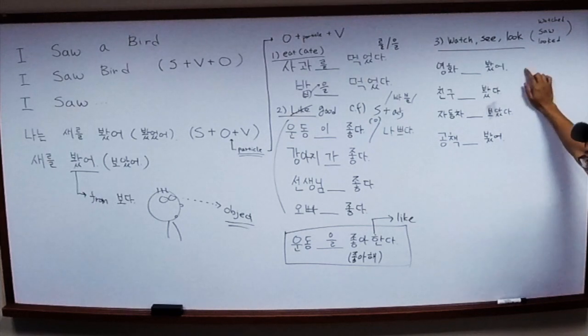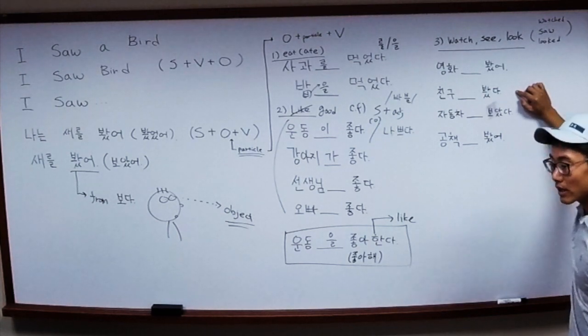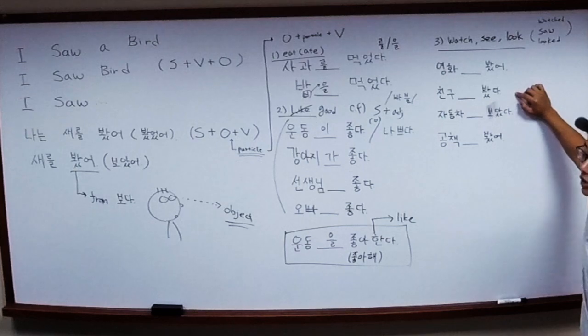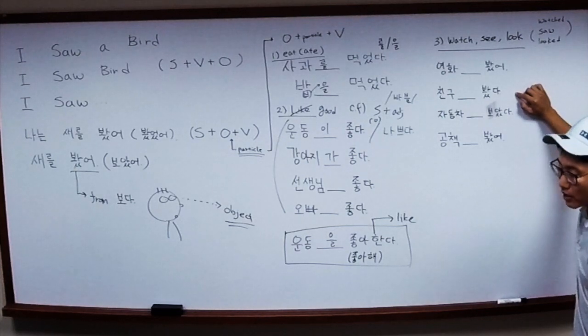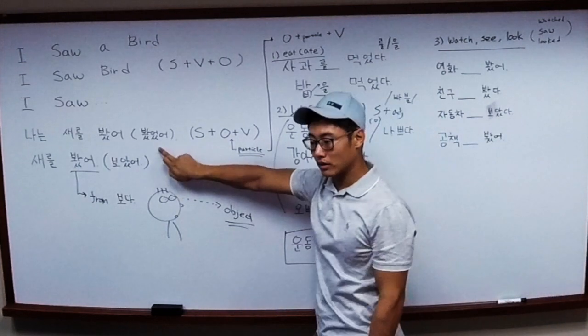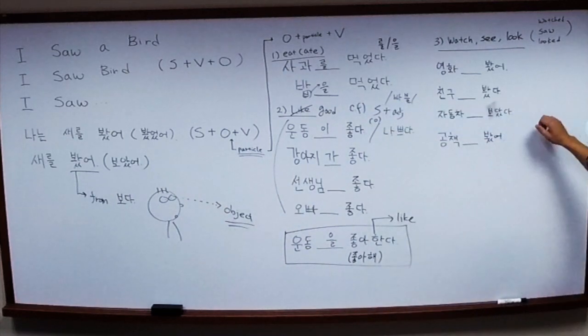But 봤어 is more the conversation form, and 봤다 is more the literal form. If you want to translate it as "I've seen friends," you have to say 친구를 봤었다 instead of 봤다. Remember? I just put it right here. Right. Yeah. And this